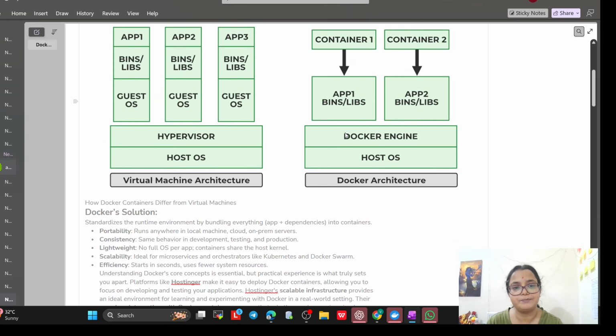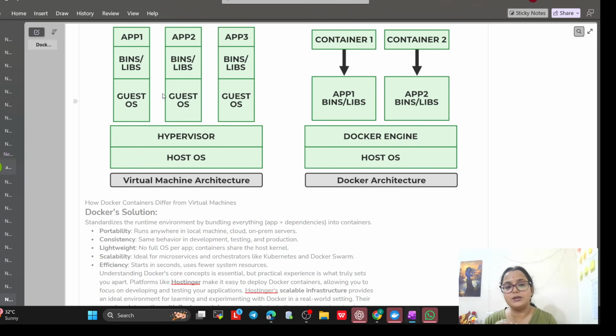Did you get it? Previously in a virtual machine, what will happen? We will keep everything on top of the hypervisor. But here we will have three slabs. OS will be there, bins will be there, and application will be there. For all we need a separate cabinet kind of thing.